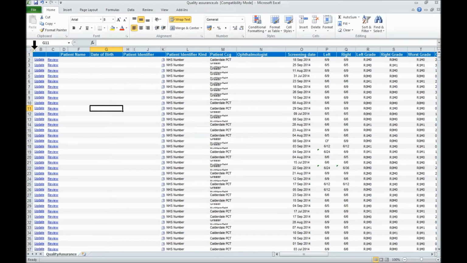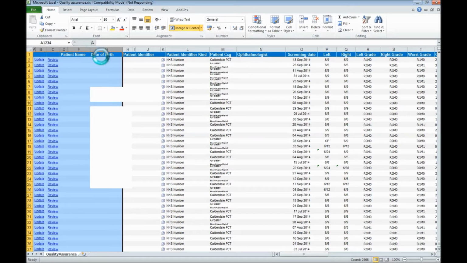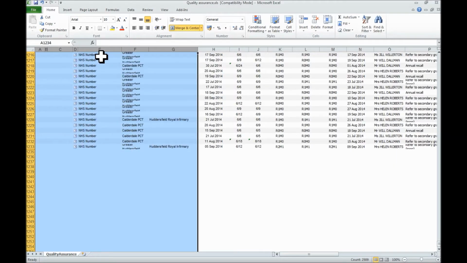What I'm going to do then is click on column A and holding down shift again, move along to G and click on there, and then right hand click and delete. So what I'm doing here is deleting columns A through G, which includes patient name and date of birth. We obviously have to leave behind some level of patient identifier, so we'll delete a few more but leave behind